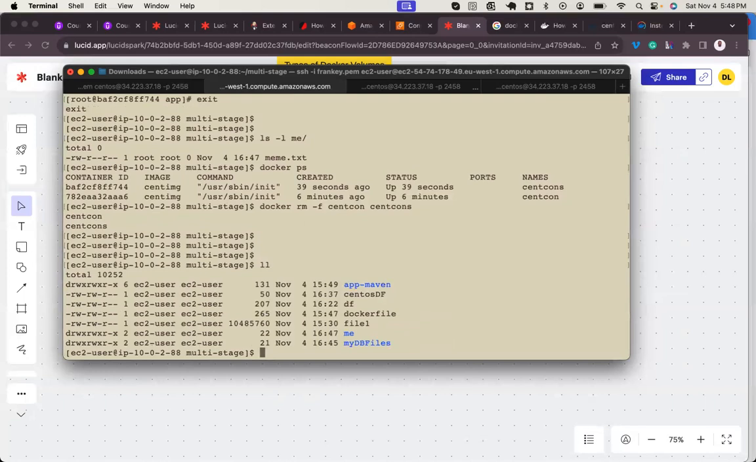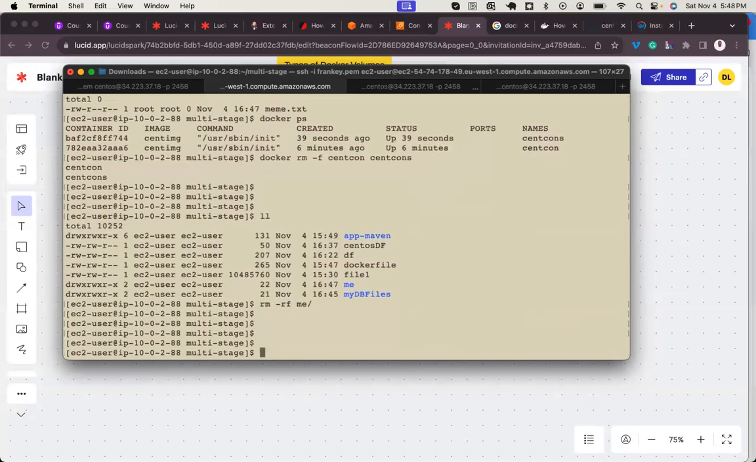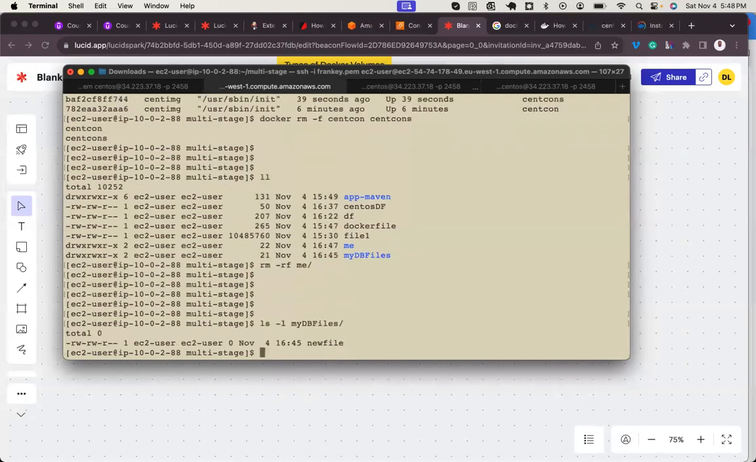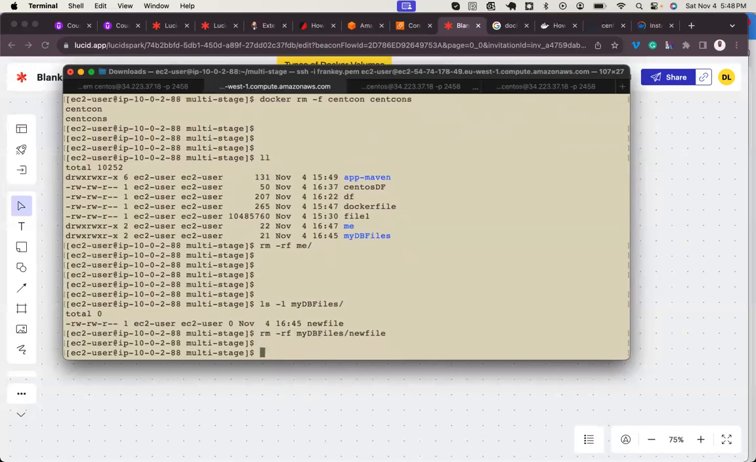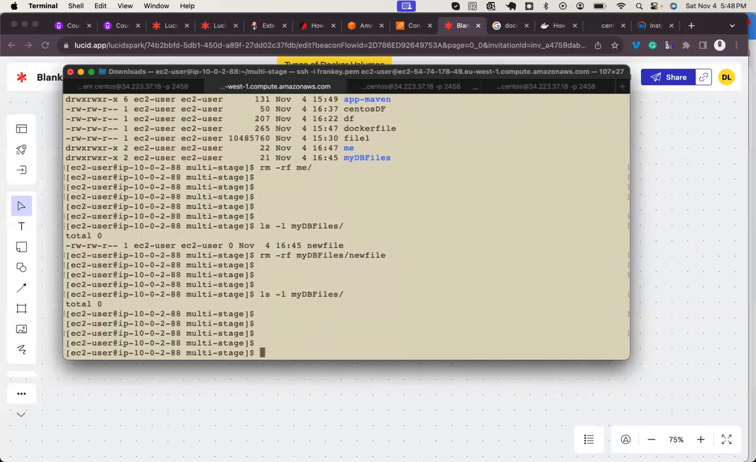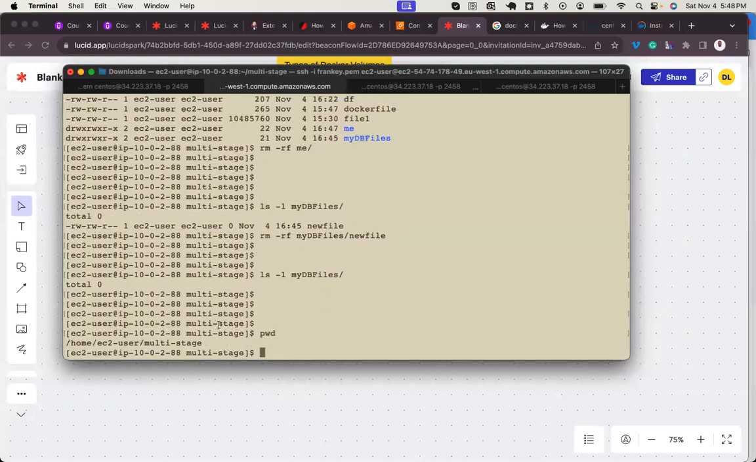All right. So let me remove even this directory. So we have left with, all right, let me remove the file inside of this guy, my DB new file. So it's empty, right? Great. So I'm supposed to specify the full path, pwd. So the full path is